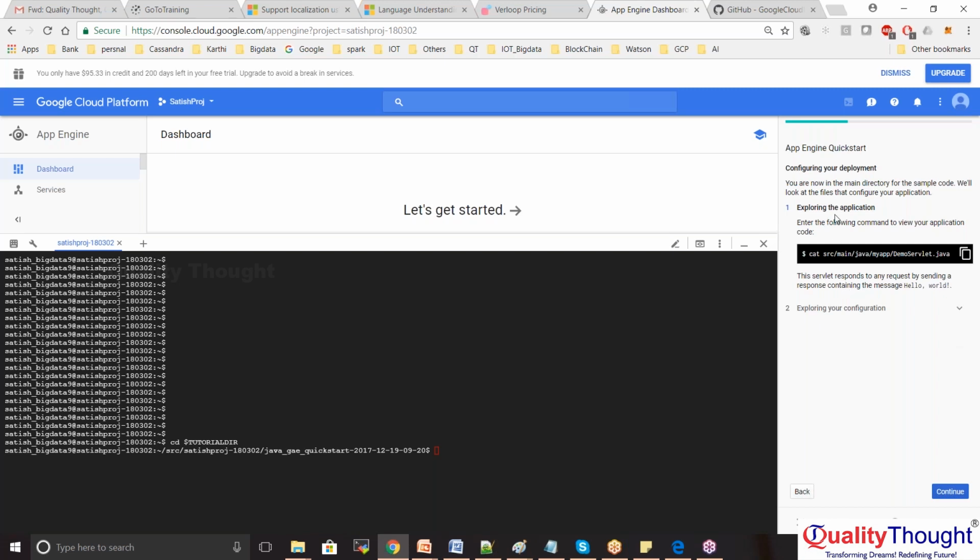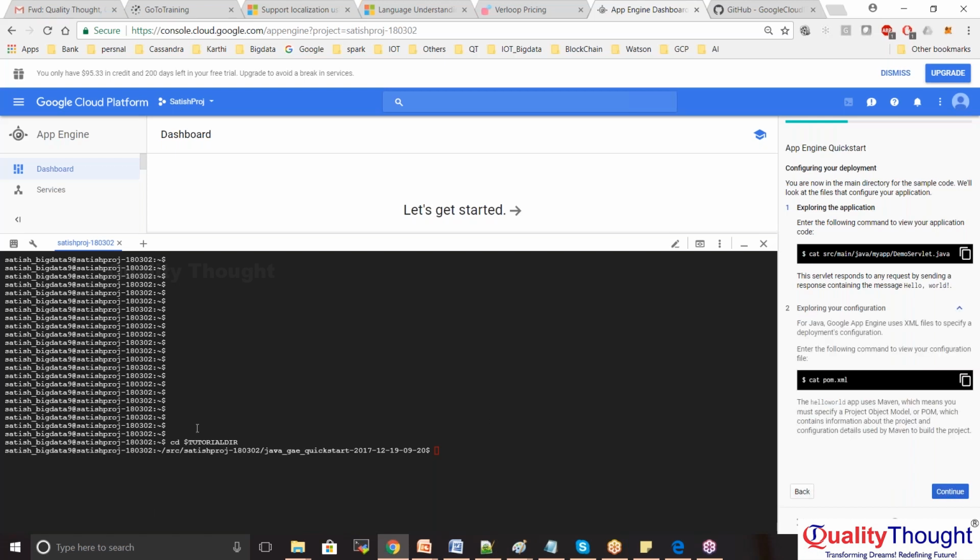To explore the application, to see what exactly the data is there, what you want to change. If you want to change anything, you can change it. Developing here is very difficult, right? Changing the code also. For that, we have one more option. I will tell you. You can create a local environment and you can integrate local to cloud also. Next, cat